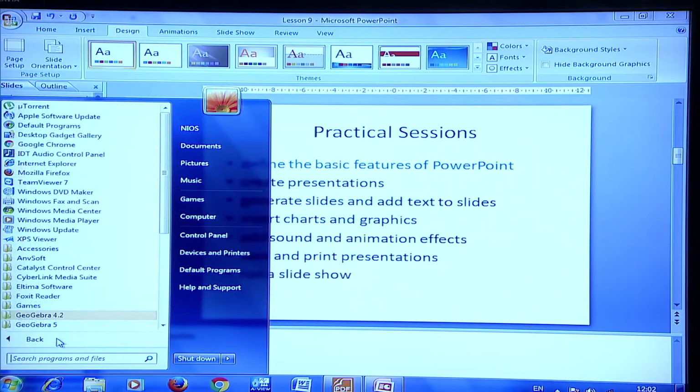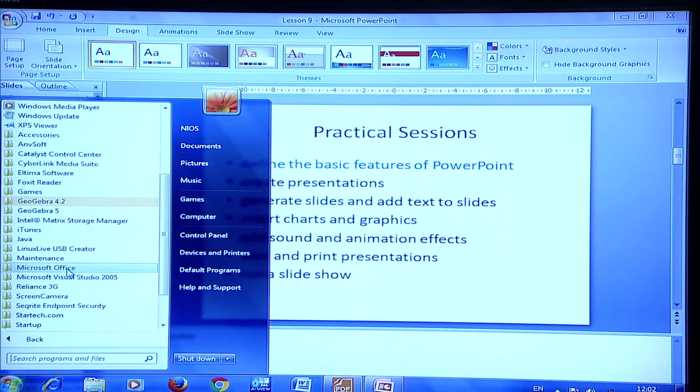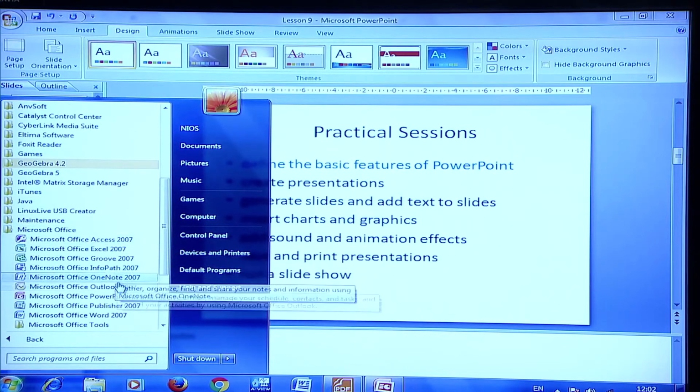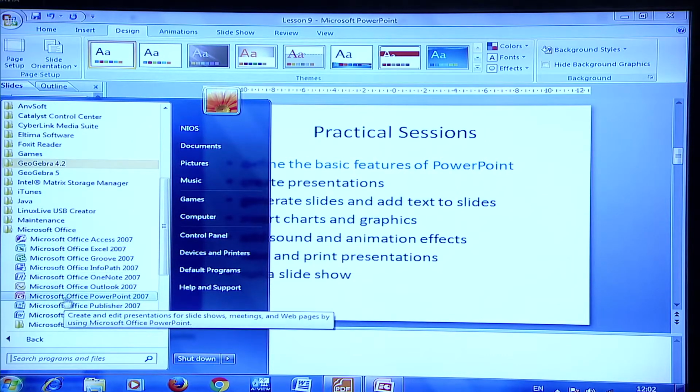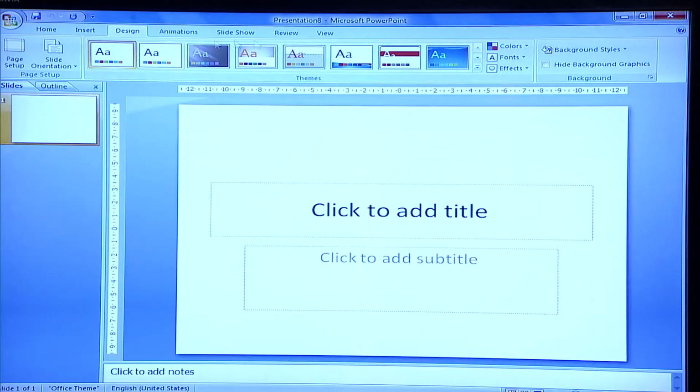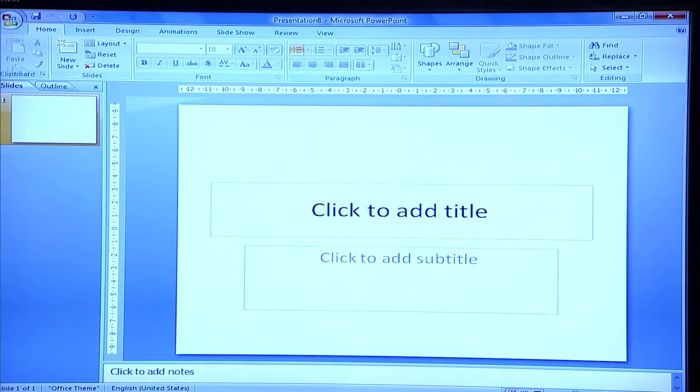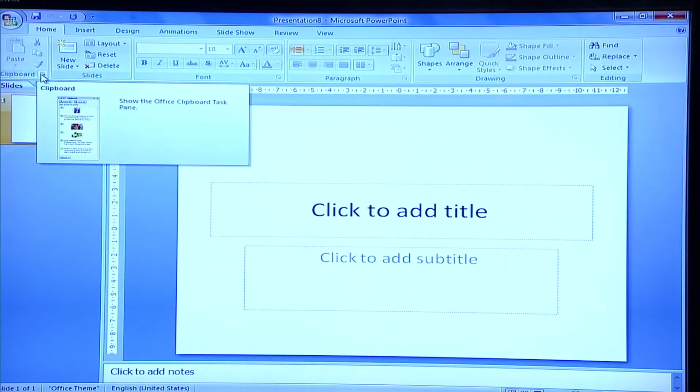Going to all programs, then Microsoft Office, as I just said, it comes with Microsoft Office. So, here you have Microsoft Office PowerPoint. See, this is the ribbon. I click on the Home ribbon and I see there are different options available, which is a regular clipboard that we discussed in class 7.